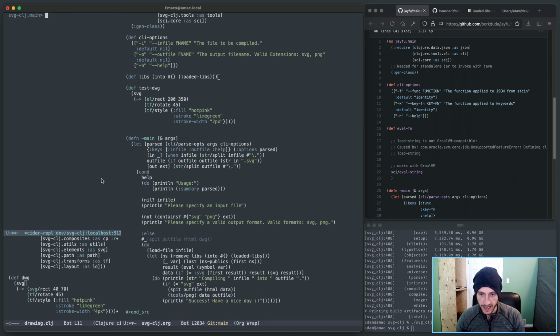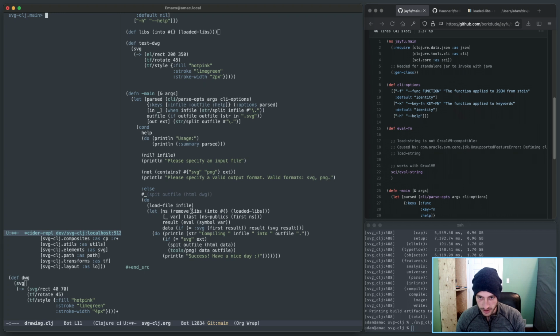The reason I have that is to do this here. I can load a file in. So if I load file, the file I'm testing with, drawing.clj,